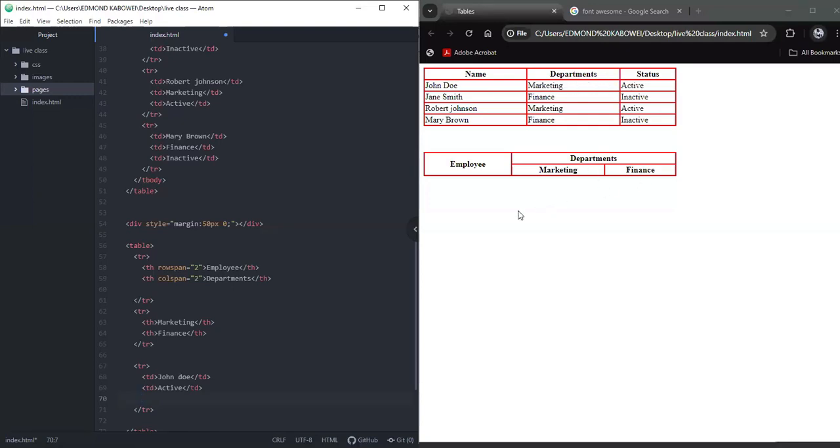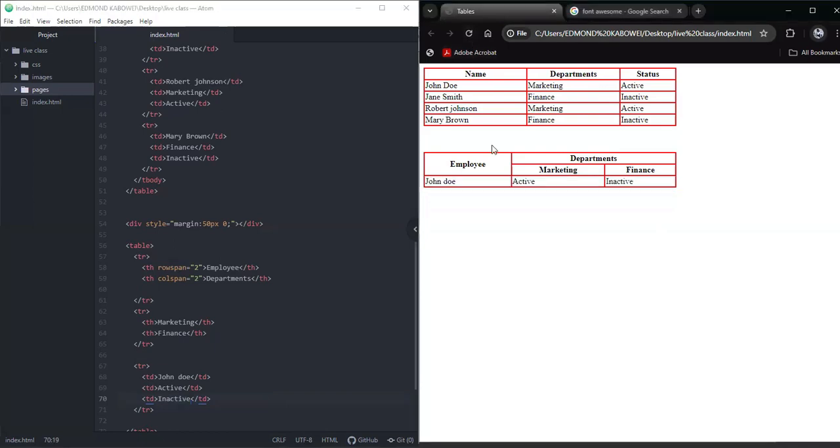So for finance, he's inactive. So I'm going to have another TD and say John Doe is inactive. So I save this, I refresh my page, and I have the body contents that are meant to be